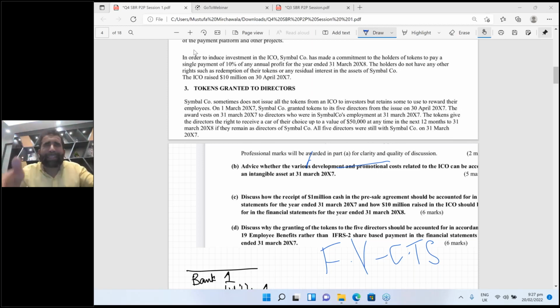On what basis did you decide that this life is indefinite? You have to give that disclosure as well. Okay, finally, the disclosure of materiality. The disclosure of materiality, there is a probability, my dear students, that